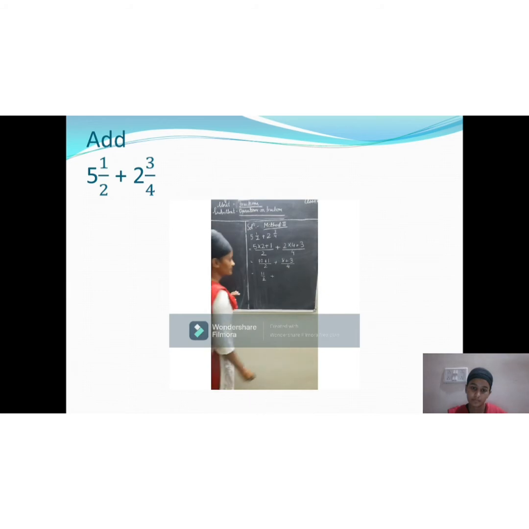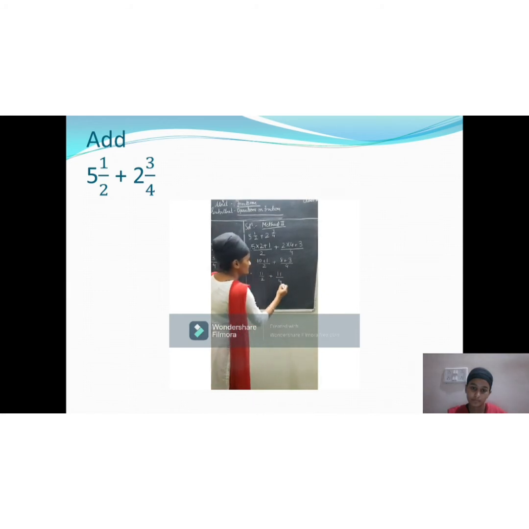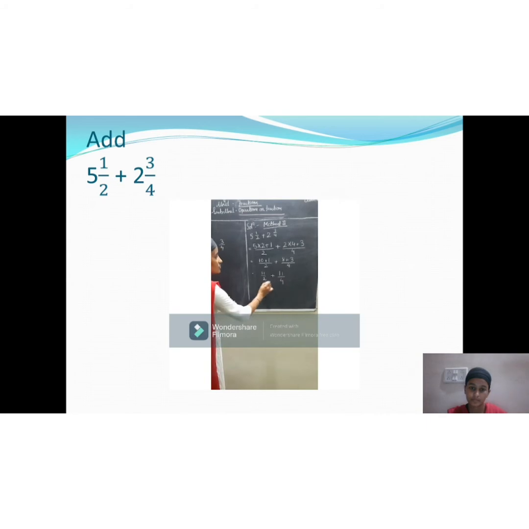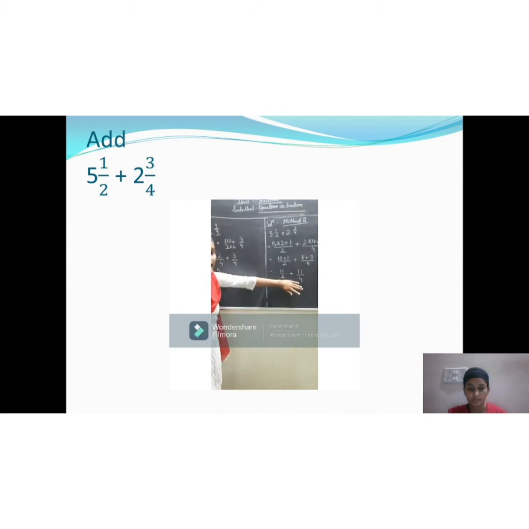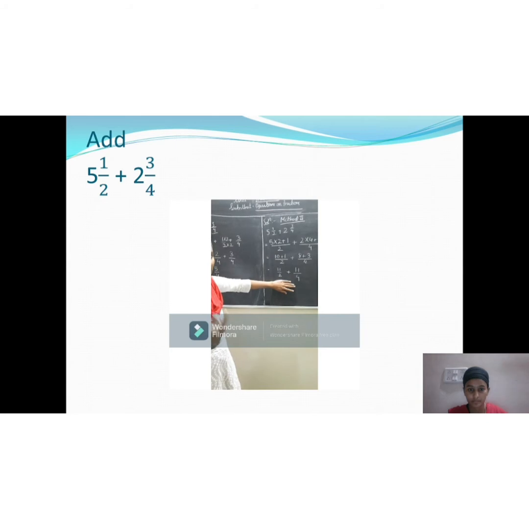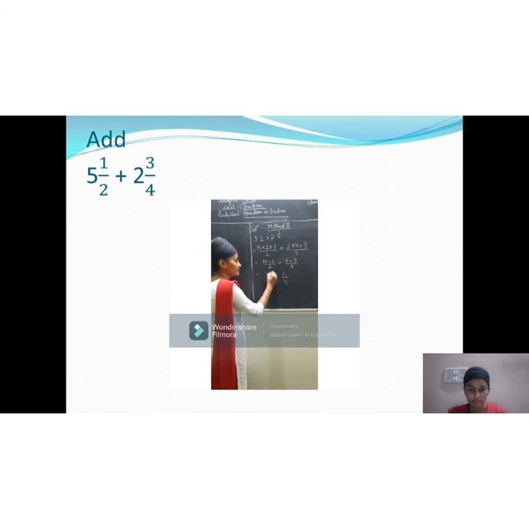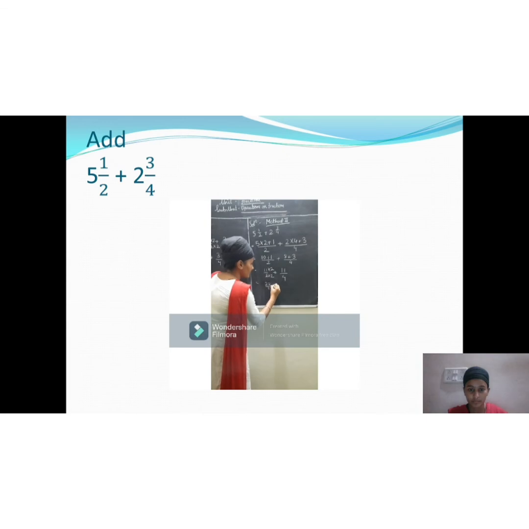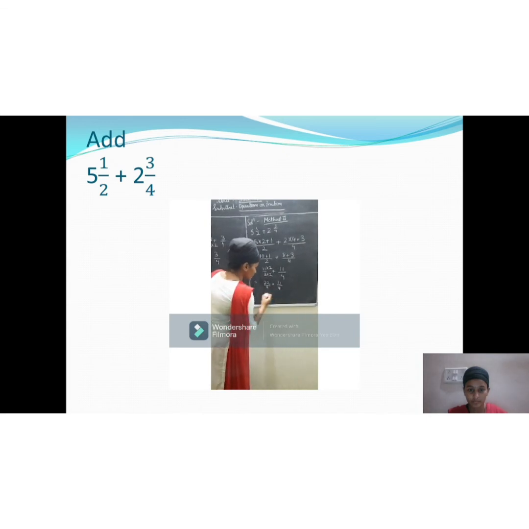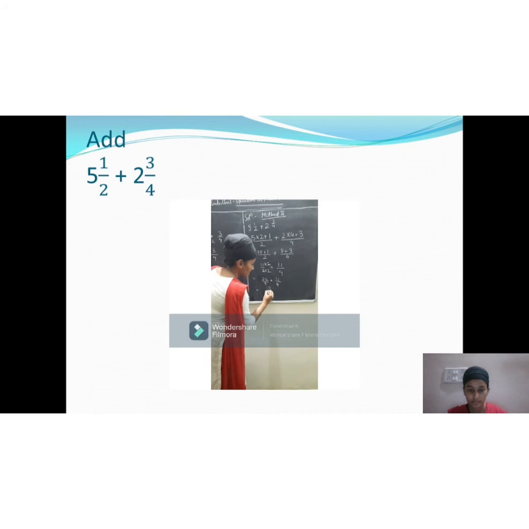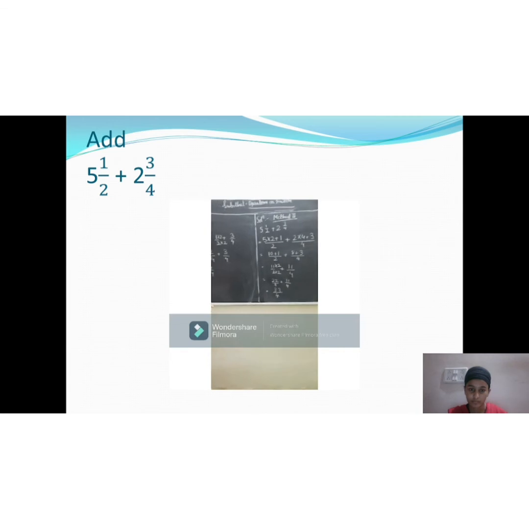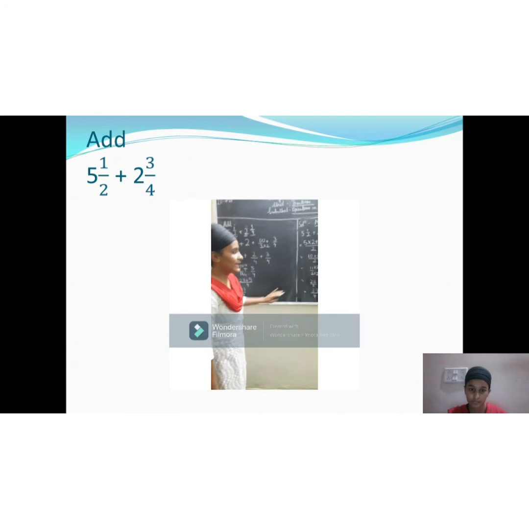students? 11 upon 4. Now see, these two fractions are unlike fractions. We will convert it into like fractions by multiplying the denominator here by 2, right? So this becomes 22 upon 4 plus 11 upon 4. Okay, so the answer is 2 plus 1 is 3, 2 plus 1 is 3 and 4 will remain as it is. You can see for both the methods the answer is the same. So you can solve by any of the methods.